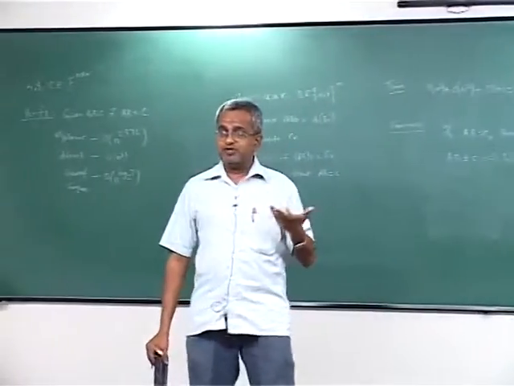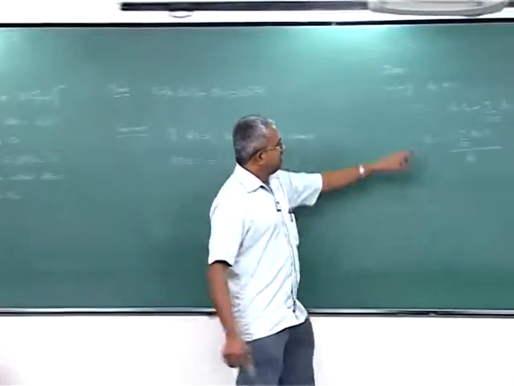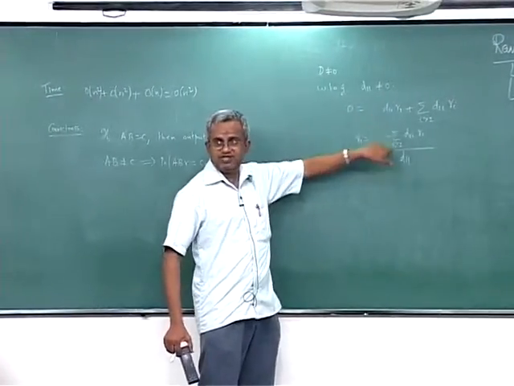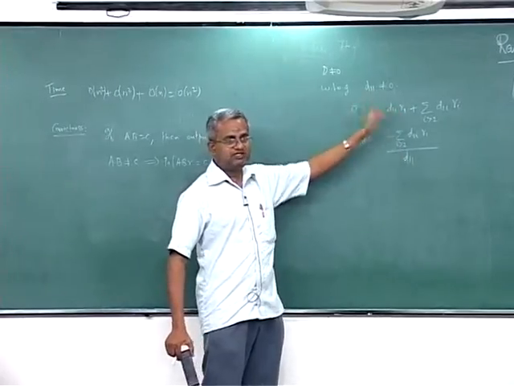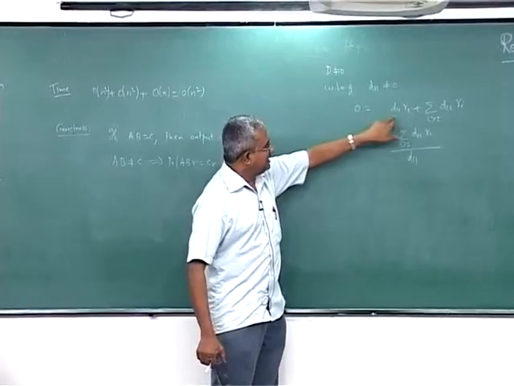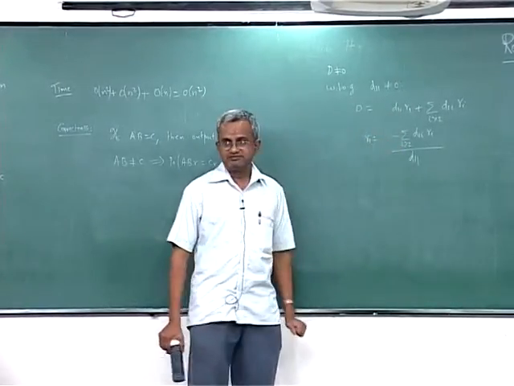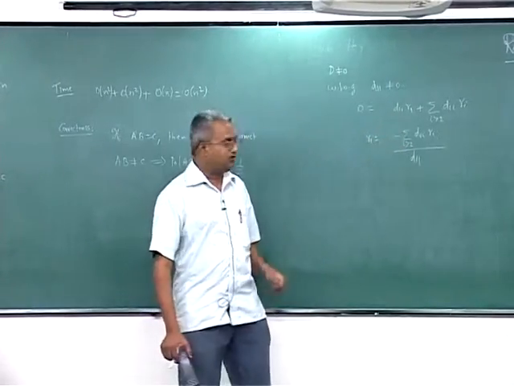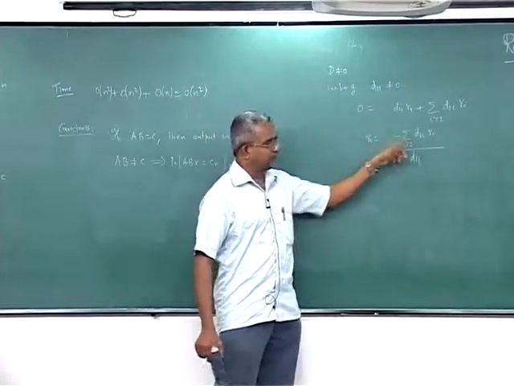Now, what is the probability that this happens? Because this is equal to this, these two are the same, you are just rearranging the components here and there. So, the probability of this happening is the same as the probability of this happening. So, now the question is, what is the probability that R1 is equal to this?